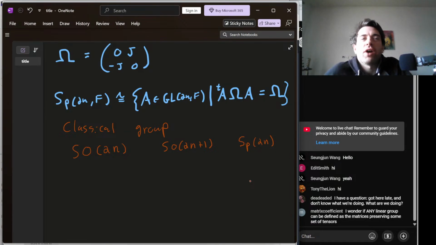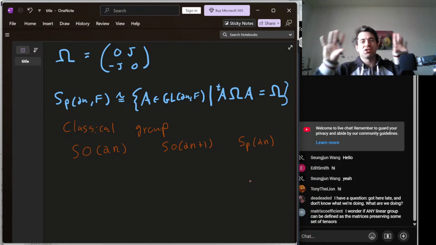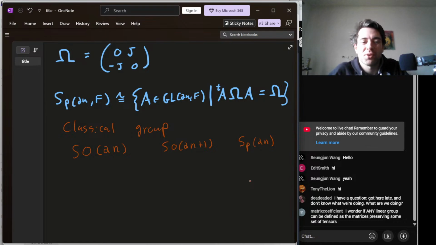One fancy way to say it is that they have different root systems. So there's some way in which you should believe that you should separate SO even and SO odd. There's something different about them, but I don't know if I'm going to get into root systems yet. One thing I will say, though, there's this notion of dual group, which I also won't get into quite yet because that has to do with root systems. Or maybe I'll start yapping about it.